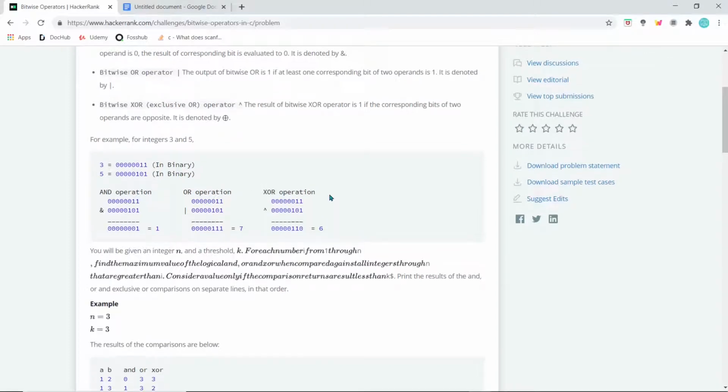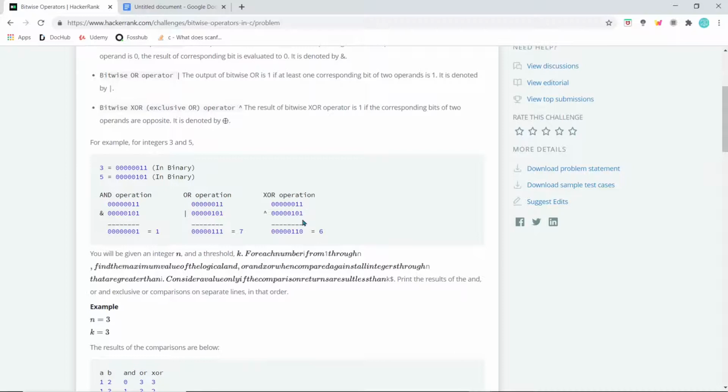Similarly, for the XOR operation, we have 1 1, both the values of the operands are 1. The XOR operation outputs a true value only if the operands have different values, which means either 0 and 1 or 1 and 0. In this case both values are the same, 1 1, so this will output false, 0. In the second column we have 1 and 0, both are different, so we have true value 1. In the third column it is the same, 0 and 1, and we output true since we only need a difference.